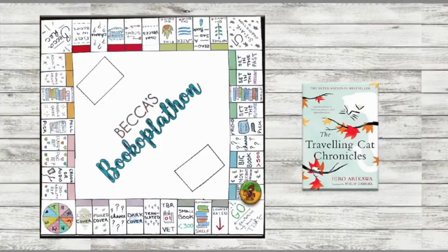For my book in translation, I've chosen The Traveling Cat Chronicles by Hiro Arikawa with translation by Philip Gabriel. This book has been translated from Japanese into English, and this novel is about a cat named Nana who is on a road trip with his owner Satoru. The purpose of the journey seems to Nana to be visiting 3 of Satoru's longtime friends, but he doesn't understand why all of Satoru's friends pay more attention to him than they do to Satoru, so he's a little confused by the road trip. I'm sure you can see where this is going, and I'm sure I'll be crying by